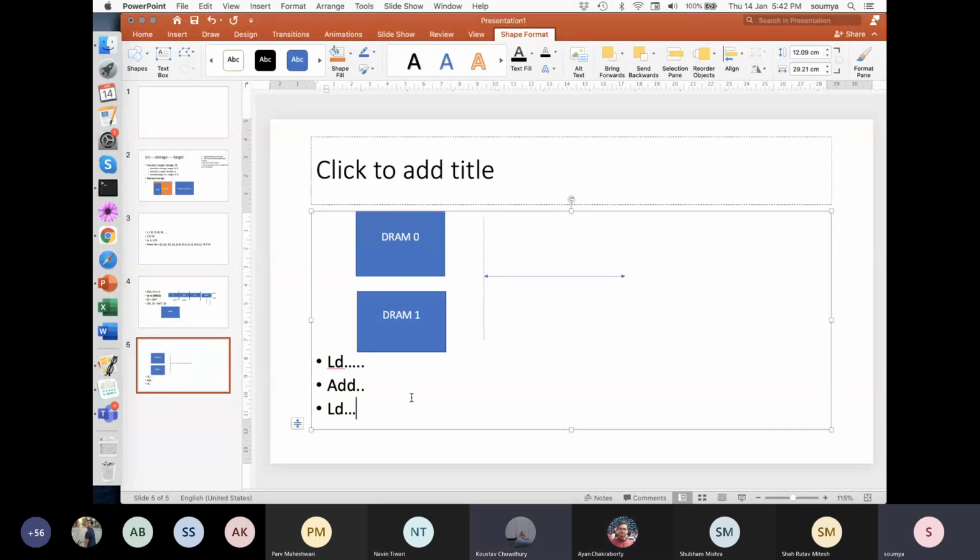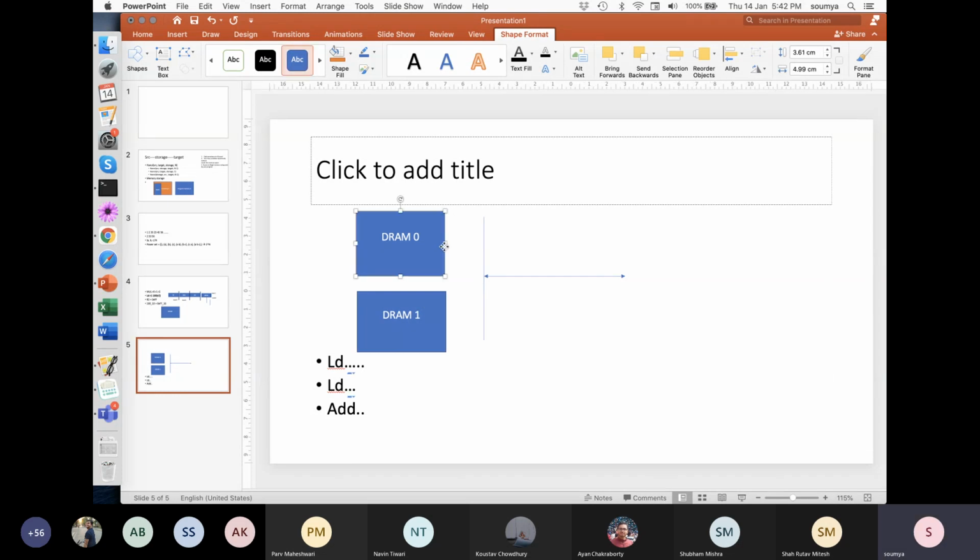Yes, sir. So what is the optimization that I can do? Well, if this add and the subsequent load don't have any dependency, one thing I can do is issue them in parallel. So you issue load instruction 1, load instruction 2, and then the add. Why will I do this? I am assuming that these two load instructions are going to consecutive addresses.